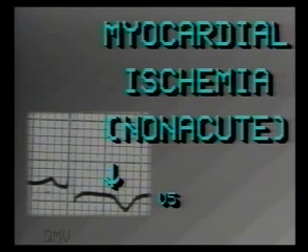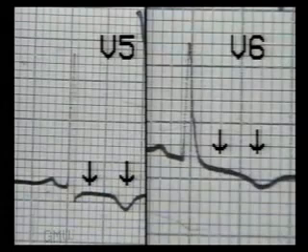Non-acute myocardial ischemia. Note the slight ST depression and symmetrical T wave inversion in lead V5 of this ECG. In acute ischemia, we saw that the patient with narrowed coronary arteries shows ST segment depression during stress test and during anginal attack. But if the ECG is taken at rest when there are no symptoms, what will we see? In many of the patients, there will be no change at all. That is, the ECG of a patient with partially obstructed coronary arteries may be perfectly normal. But in others, some ischemic changes will be present.